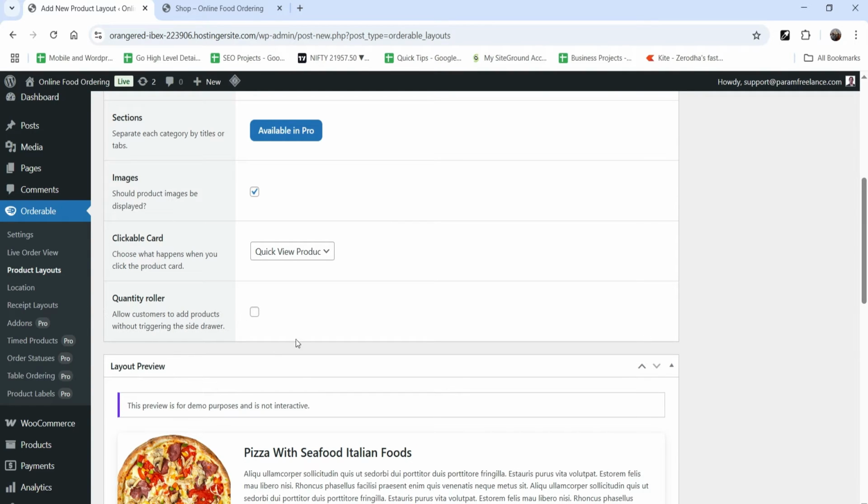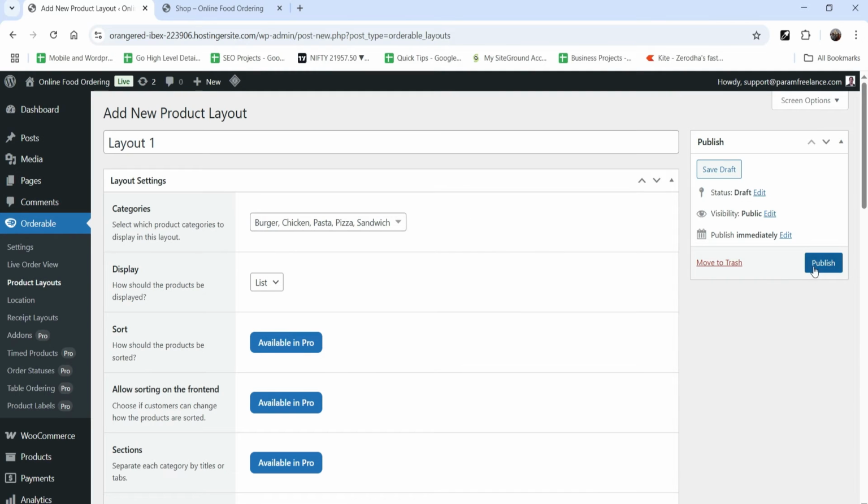Then we have quantity roller, allow customers to add products without triggering the side drawer. Right, so you can enable this. We will see that later. So this is the new layout. Let's click on publish,